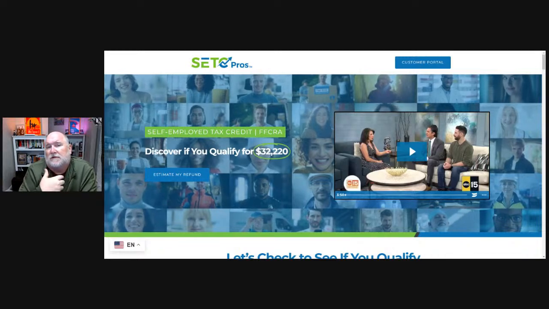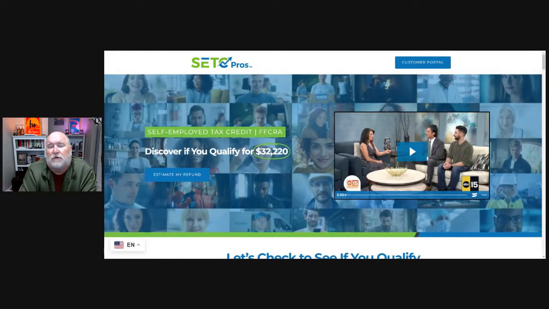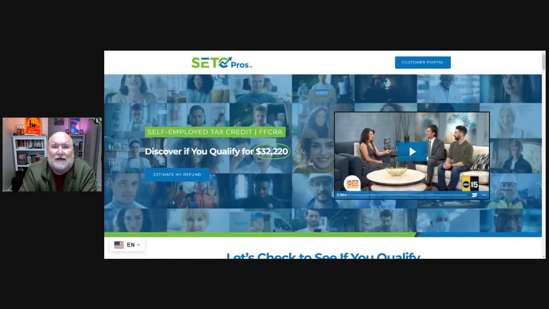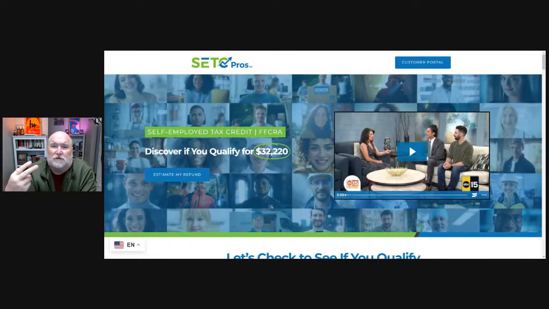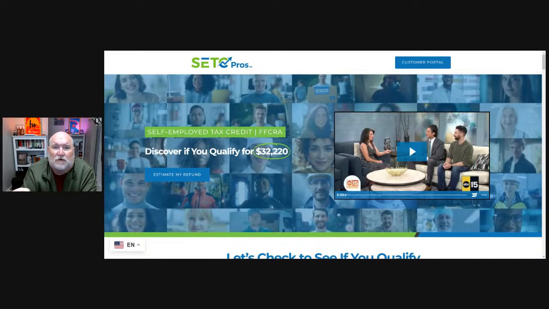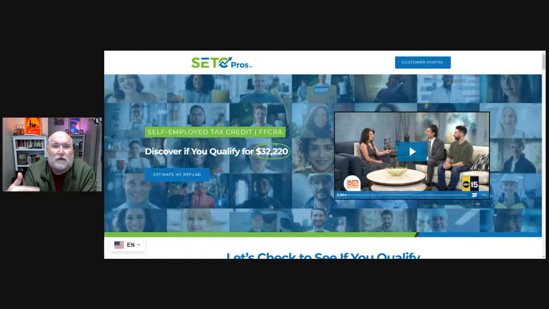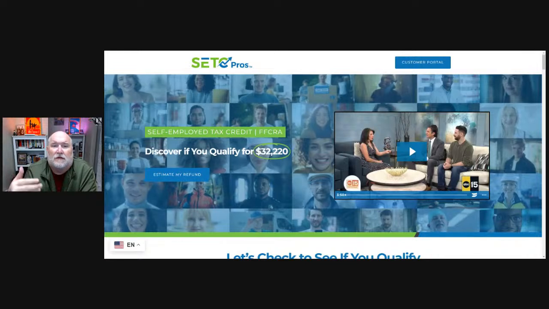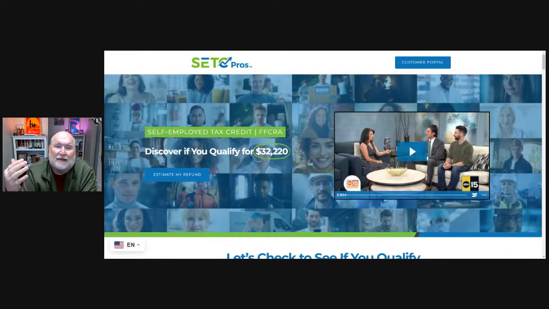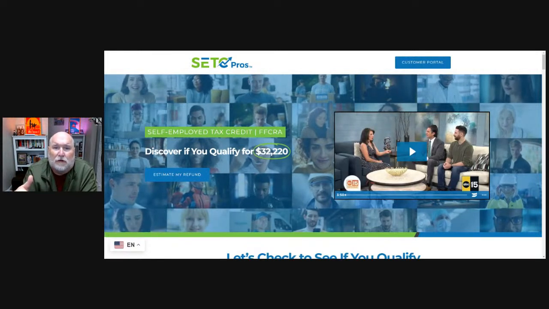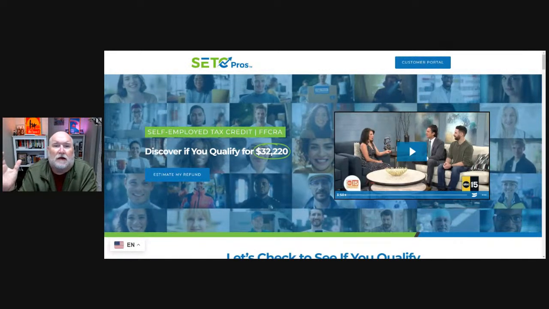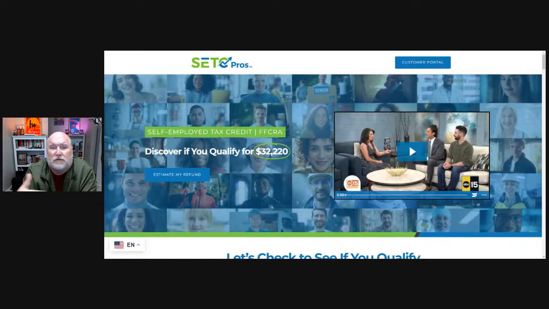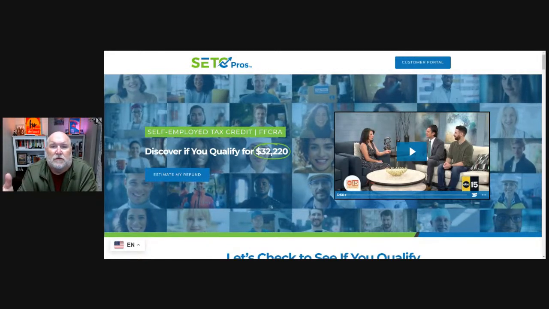So the government is kicking in money to people who were affected and paid taxes in 2021. And because either you had COVID, your spouse had COVID, your kids had COVID, someone you caregive for, a family member, your parents, they had COVID, and you had to stay home, or you couldn't work because you already were staying home, or even if your kids were forced to come home from school and they had to be home from school for 6 months or a year or whatever that was, then you're now potentially eligible.